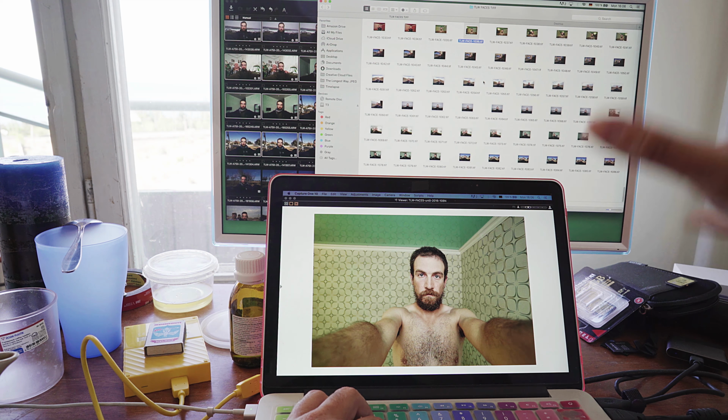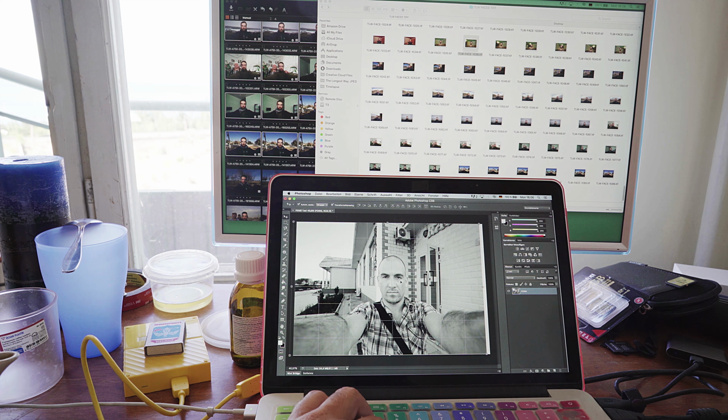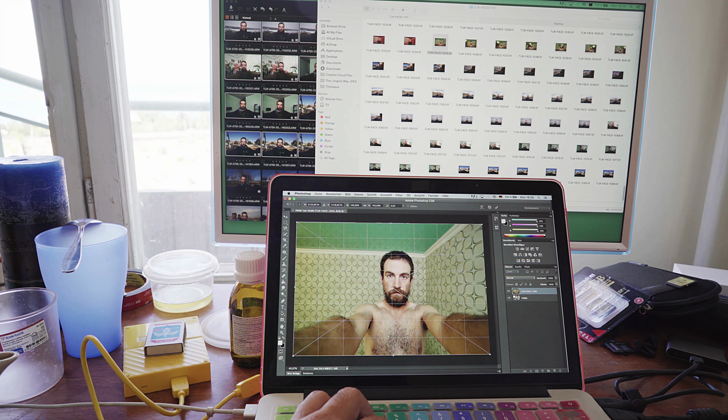I don't edit them for size. I do that later, and that's what the Photoshop is for. I just edit like the color and the contrast and everything like that. And then we're going into the Photoshop phase. I picked one picture from the start that looked good and easy to use as a sort of dummy, and I made it in black and white,